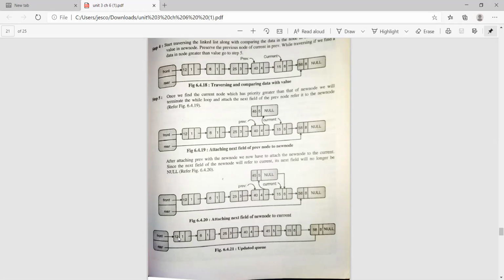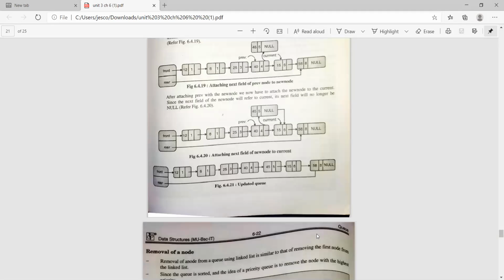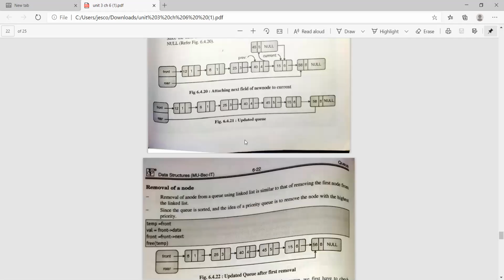Now see, according to the priority, the first priority is 12, then the same priority again, 6, then the second priority is not there, the third priority is 25, the fourth priority is the 40 element, and the fifth priority is the 45 element. The sixth priority will be at 50. Null indicates that the linked list has ended here. So this is how you perform the enqueue operation in a queue.